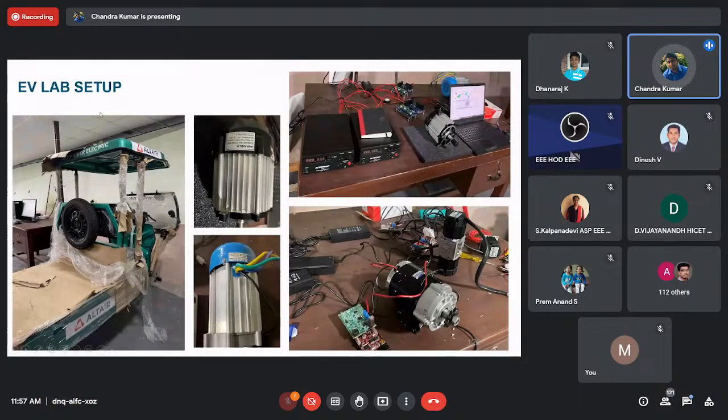So these are the recent work which I've done. This was a talk which I had with Madam a long time back. This was one EV lab we did set up, running different ranges of motors. One is a 1 kilowatt PMDC motor, 3 kilowatt, and a 900 watt PMSM model. So how we can use our Embed tool to spin or drive this model in real time. Whatever you do virtually, the same thing you do for a real-time implementation. These are a few snapshots which I captured of what we executed.